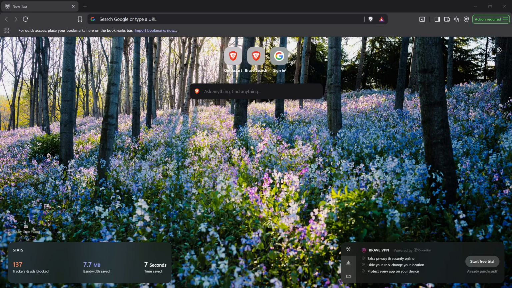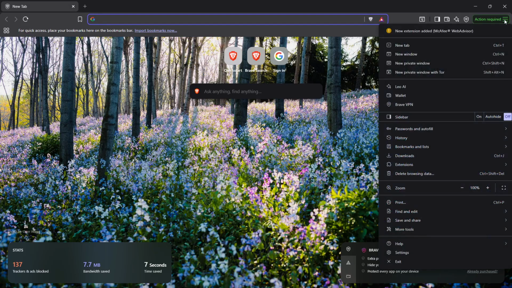Next, look at the top right corner of the Brave browser window. You will notice a three-line menu icon, often referred to as the menu. This icon is a gateway to various options and settings in the browser. Click on this menu icon to reveal a drop-down list. This action is significant because it provides access to several features that enhance your browsing experience, including incognito mode. Once you click the menu, you will see several options displayed clearly.